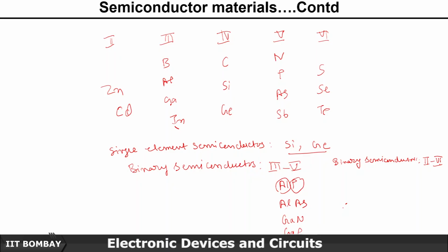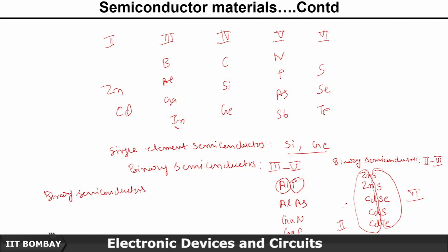So in this case, we have, for example, zinc sulfide, zinc selenide, and cadmium selenide, cadmium sulfide, and cadmium telluride. Okay, so these are group 2 elements, and these are group 6 elements. So similarly, you can have binary semiconductors where you have